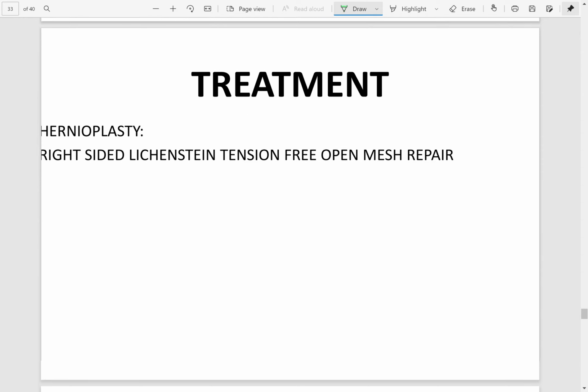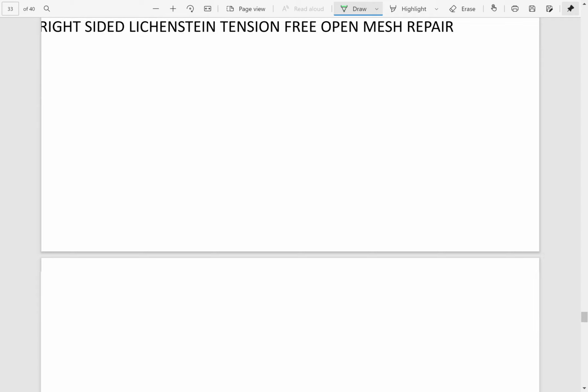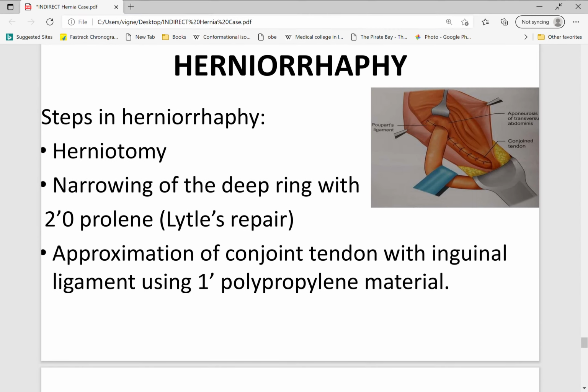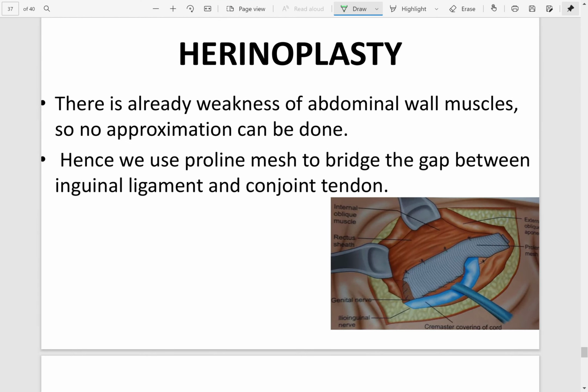So moving on, treatment. The gold standard treatment is usually hernioplasty, and the method by which we do it is Lichtenstein's tension-free open mesh repair. Other types of hernia surgery would be herniotomy, which is done only in cases of congenital hernia and hydrocele. So it's done in very specific cases, not commonly done. Then herniorrhaphy was previously done. There are various methods of herniorrhaphy like Bassini, Shouldice and all those things. And then your gold standard is hernioplasty, which is Lichtenstein's